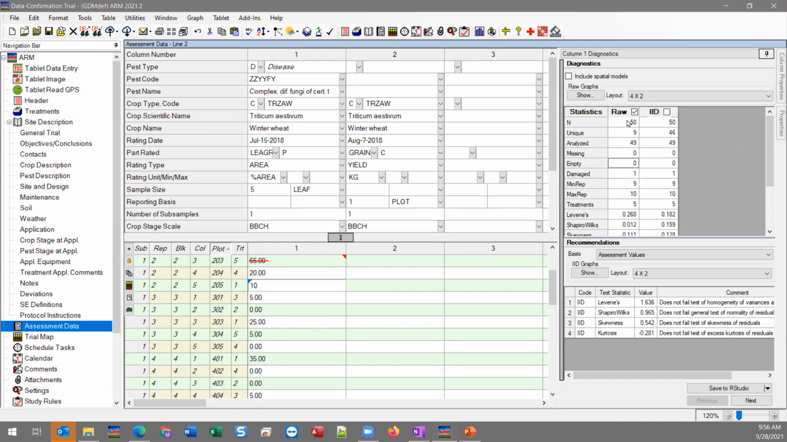And so N would be number of data points. So we have 50 data points across all of our replicates and treatments. 9 of them are unique. So you saw a lot of them are kind of increments of 5. So we really don't end up having a huge variation there. 49 are analyzed. And the next 3 options here kind of tell you why that analyzed didn't match the number